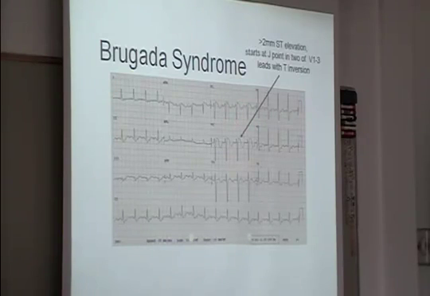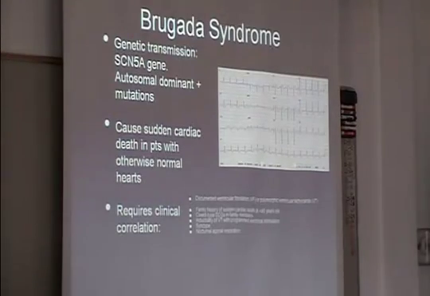some other clinical factors. And the reason I mention this is because these people can have sudden death. So sudden death in a young person can come from this. It's important to realize that early on. Someone who passes out, they have an EKG like this. But it is a genetically transmitted type problem, autosomal dominant, so there may be family history of sudden death in